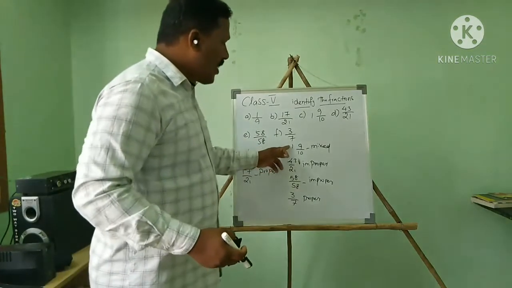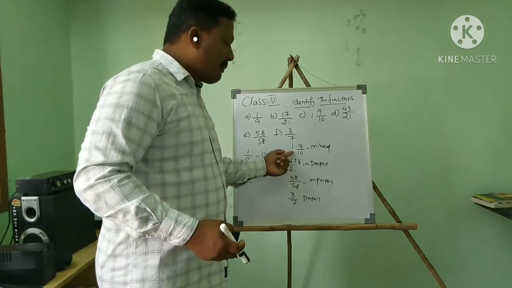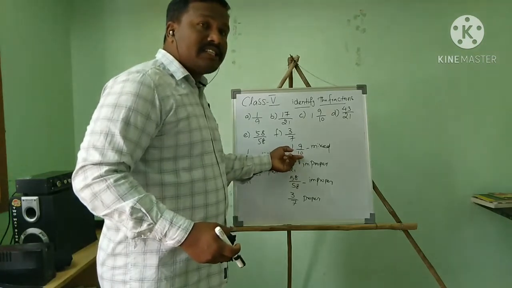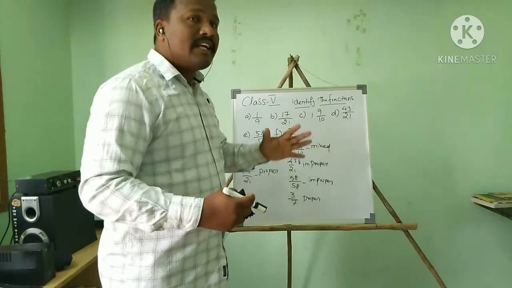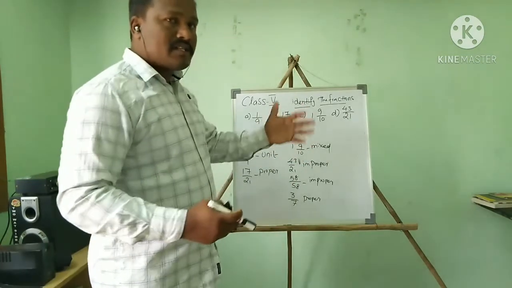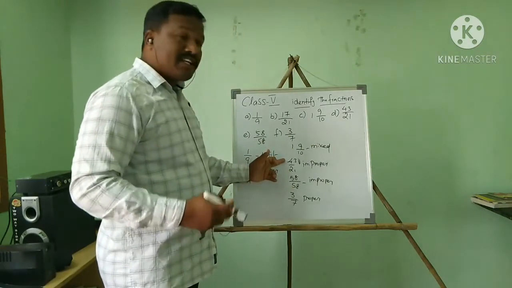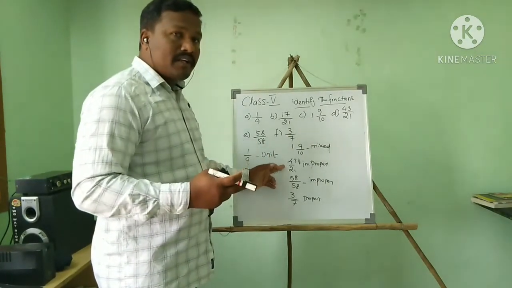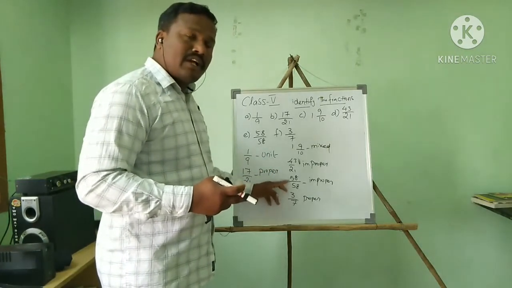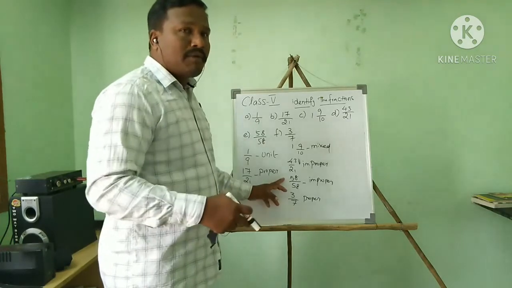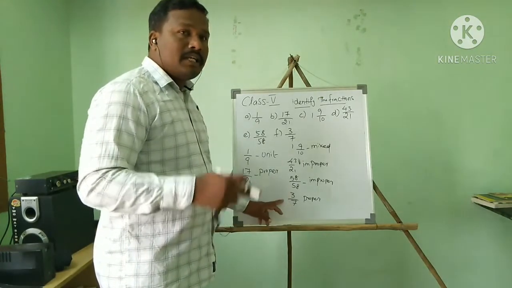Then 1, that this side is a natural number. So this fraction, a natural number with a fraction, comes when both are together. This kind of fraction is called a mixed fraction, because I told you in the last video. Then 43 by 21: here the numerator is a big number, the denominator is a small number. This kind of fraction is an improper fraction. If the numerator and denominator are both equal, this is also an improper fraction. Then if the numerator is small and the denominator is big, this kind of fraction is a proper fraction.